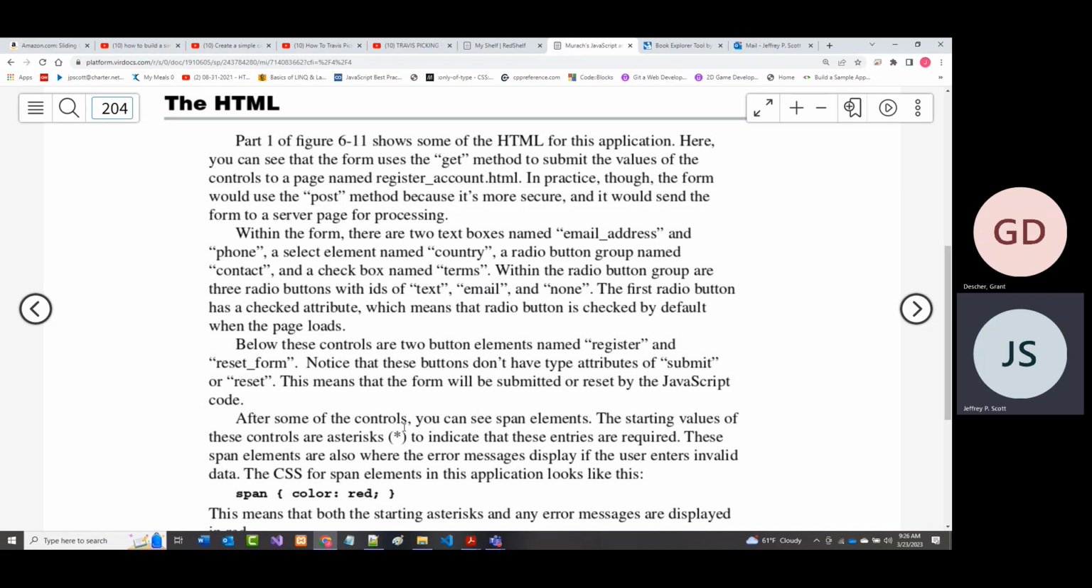So it says here, part 1 shows some of the HTML. You can see the form uses a get to submit the values to a page named register account. All right, it says in practice, though, you would use post because it's more secure. Well, when we look here,